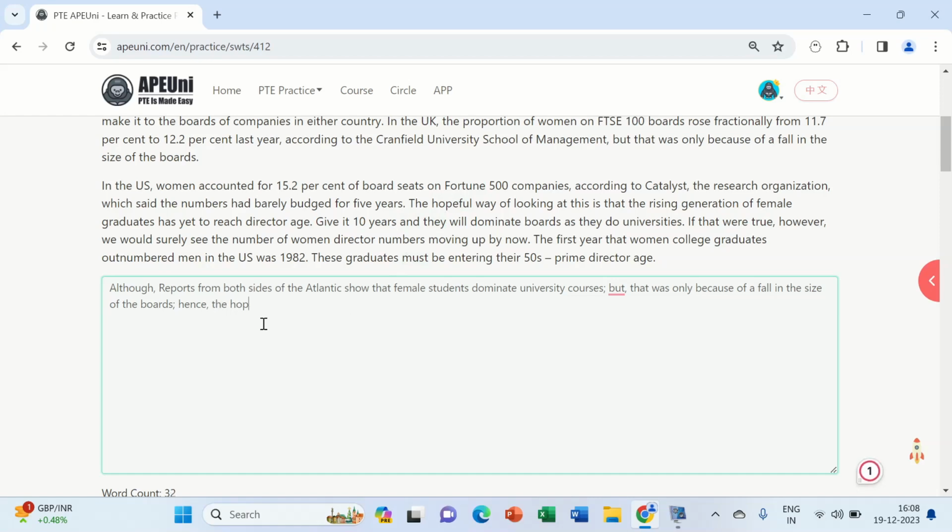The hopeful way of looking at this is that the rising generation of female graduates has yet to reach director age. Then put a full stop.